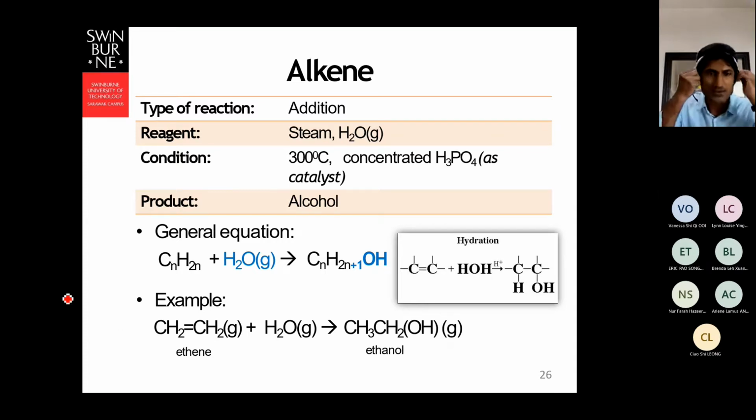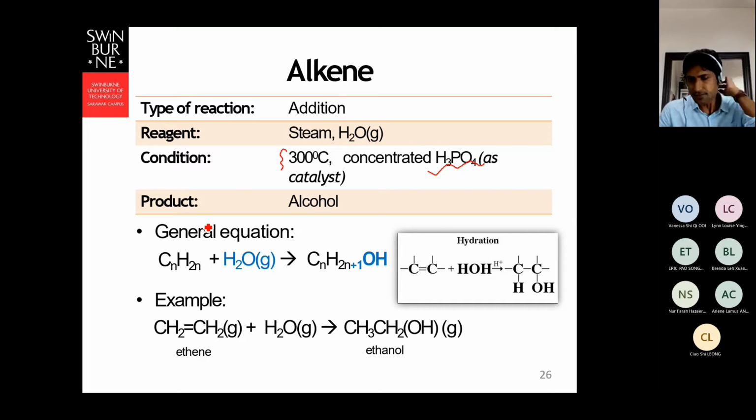It is reacting with water molecule, water vapor, at 300 degrees centigrade in the presence of concentrated sulfuric acid, or phosphoric acid. H3PO4 is a phosphoric acid, by the way. So only then it will produce